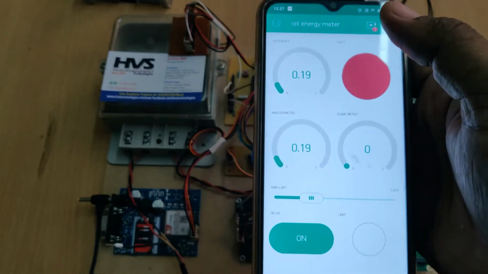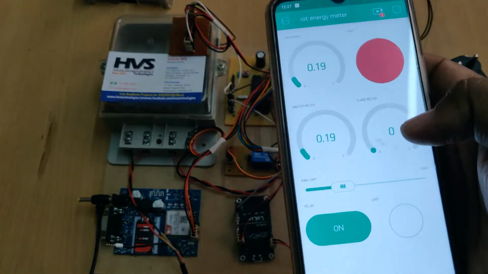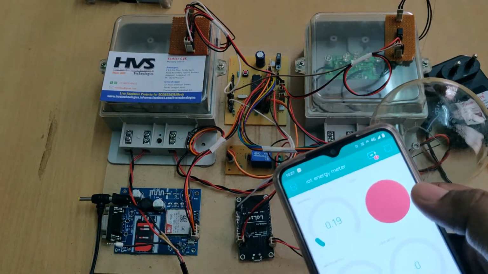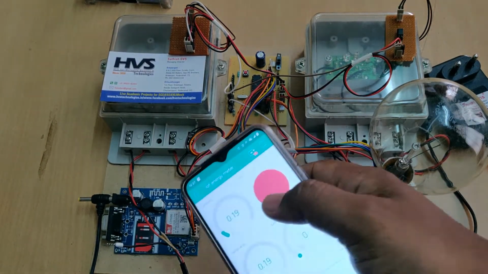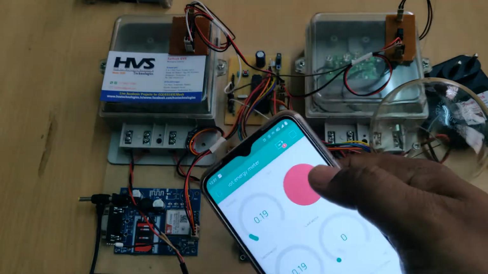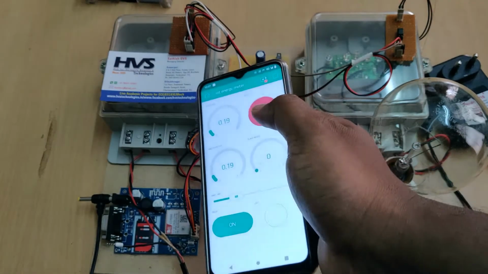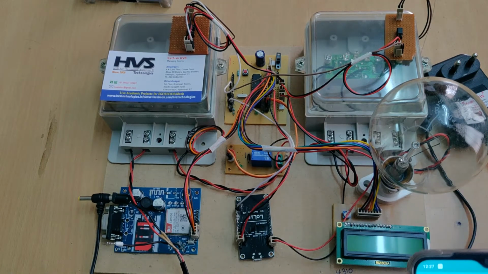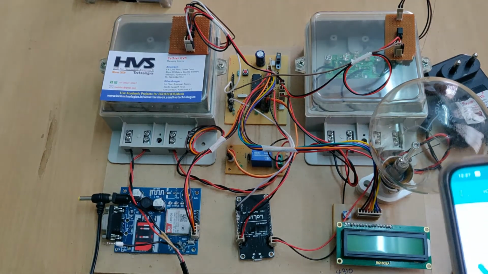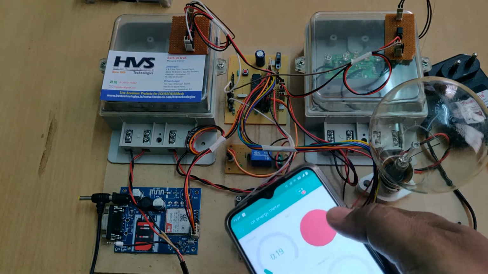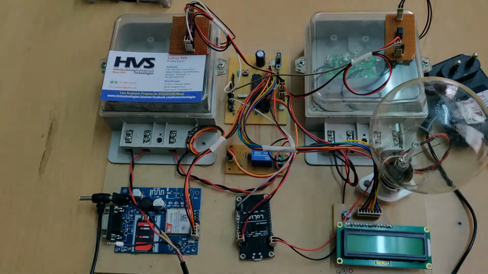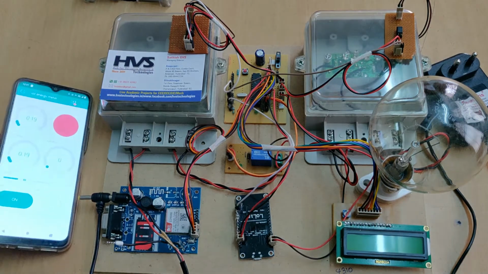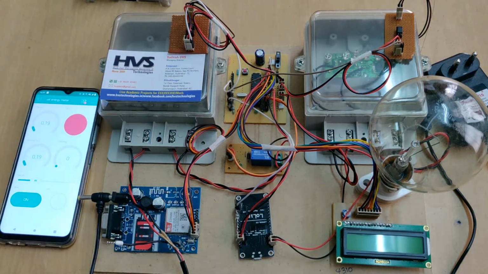There's another feature. When the department people send the message of the current bill indication to the system, it will check the readings inside the bill against the current readings of the energy meter. If there is any difference of more than 0.15, then we'll send a message to the owner that a difference is there, please check and take the concerned action. So these are the features of this project, and let us see the demonstration.